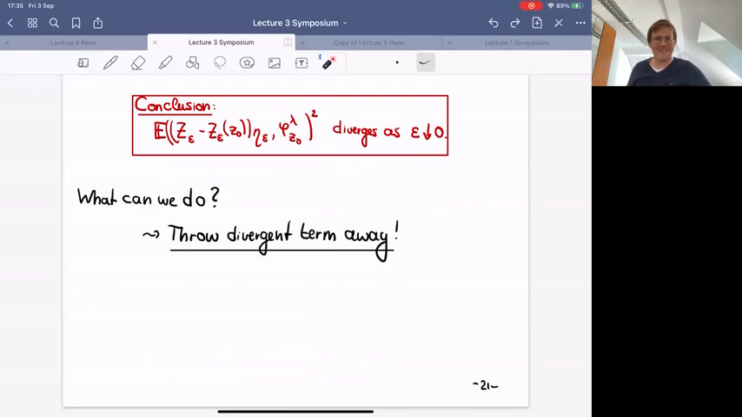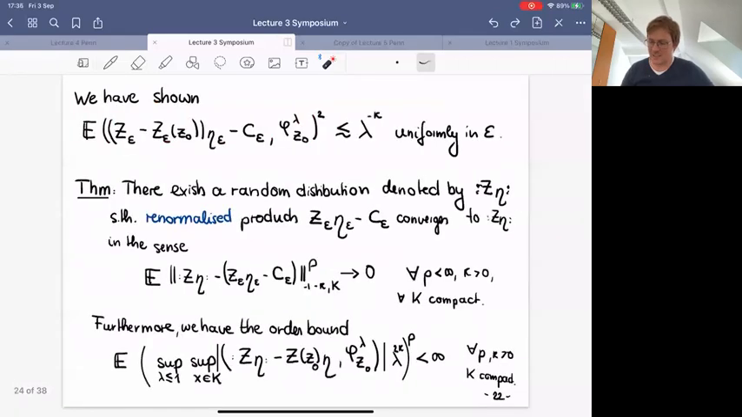But I've learned recently this saying: we have come too far to only come this far. So what do we do? Well, let's just throw the term we don't like away. We're just going to do a new definition, where we subtract the term we didn't like. This counter term here is exactly what we didn't like. That's exactly the divergent term. And what we have just proved is, if we do this, what is called renormalization,